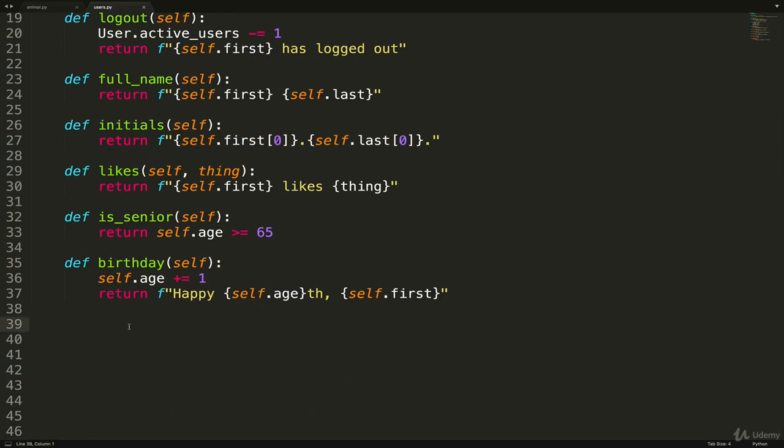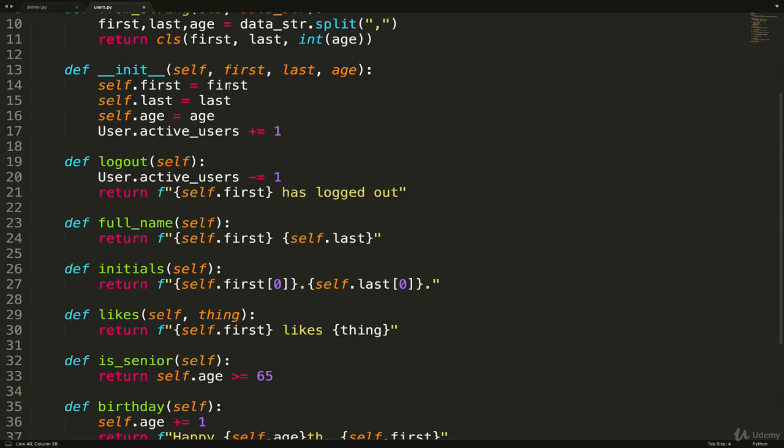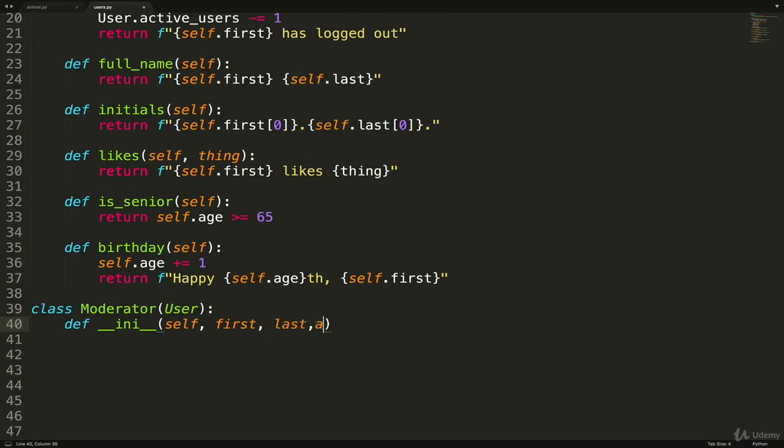So let's start by defining moderator. And it inherits from user. And then we'll define our init. And we're just going to go with the exact same things, first, last, and age. And how about, let's go with community. So this will be like their section that the moderator enforces, like soccer or the San Francisco city subreddit, whatever it is. Okay, and I need a T over here and a colon.